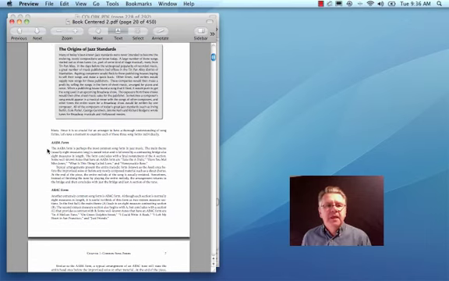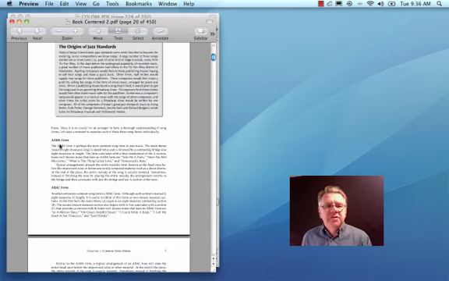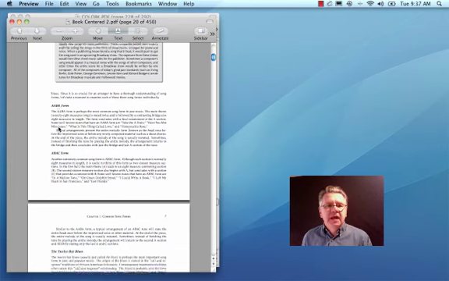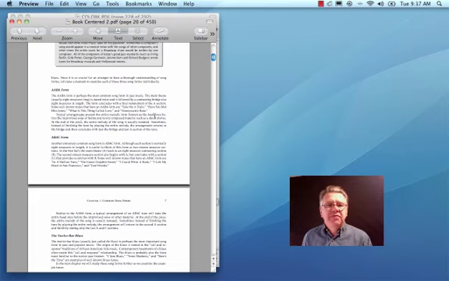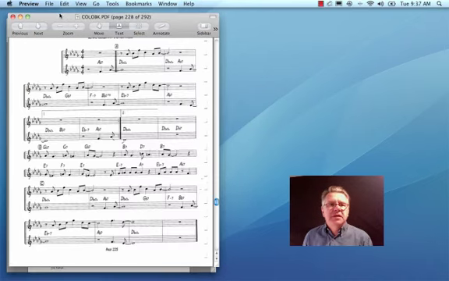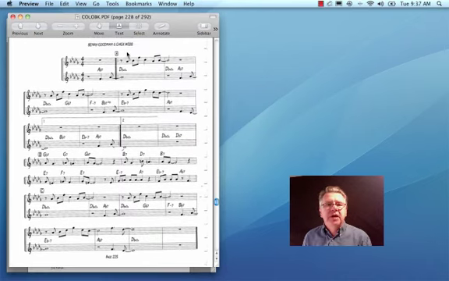The AABA form, the letters here certainly imply exactly what's going on. We have an A melody, and the A melody is repeated, and then there's a contrasting bridge, and the A returns. It's a very common form. Common tunes are Take the A Train, Have You Met Miss Jones, What Is This Thing Called Love, and many, many others. We're going to take a listen to Stompin' at the Savoy, which is a good example of